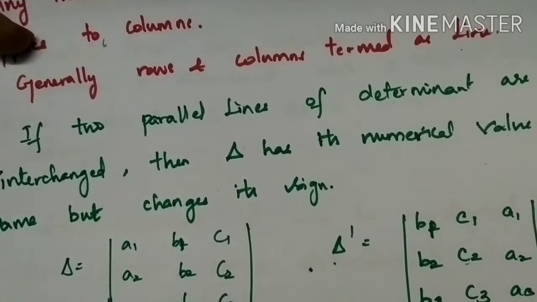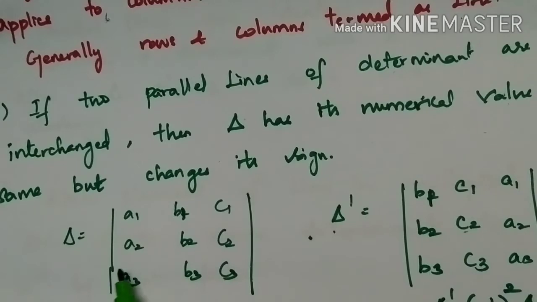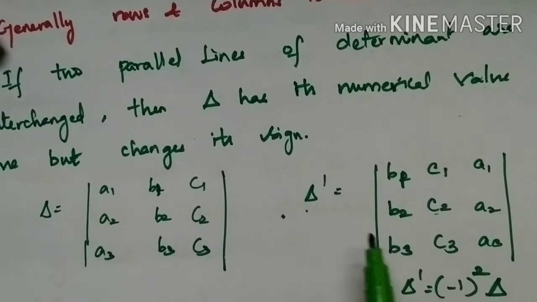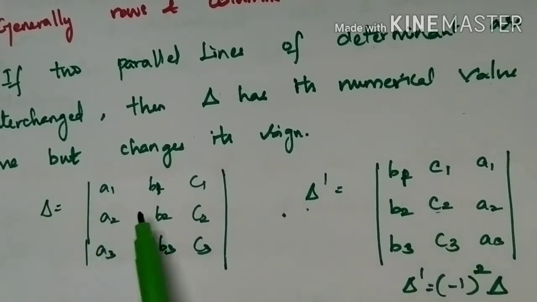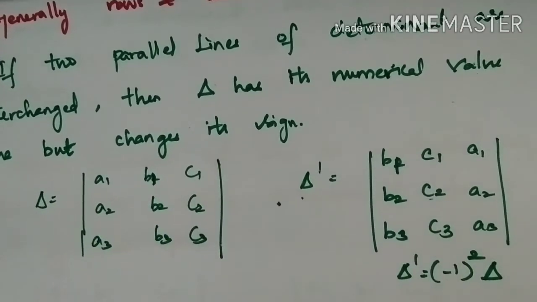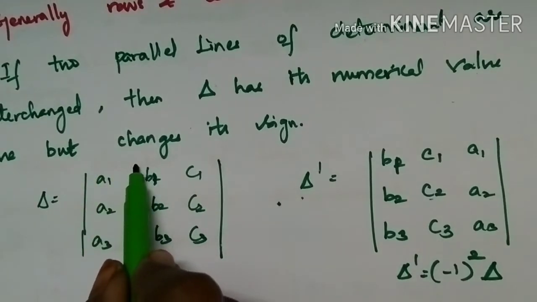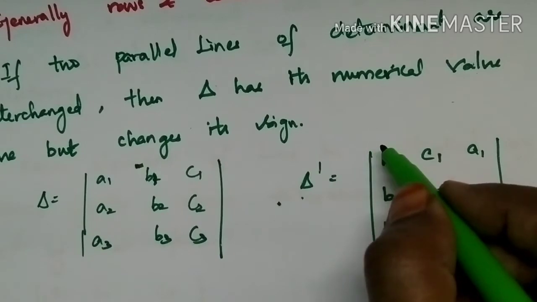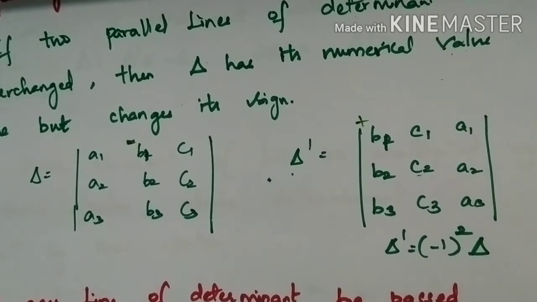Here I am interchanging the place of the B1 column. Since B1 is crossing the C1 column, it reaches the A1 column in this example. The column is moving from column 2 to column 1 by crossing column 3. The determinant value would be the same but it changes sign. B1 is already in the place of the minus sign, and you are changing that to A1 by crossing C1 and A1, so the sign of B1 would be changed to positive here. Obviously, your determinant value will change in sign.